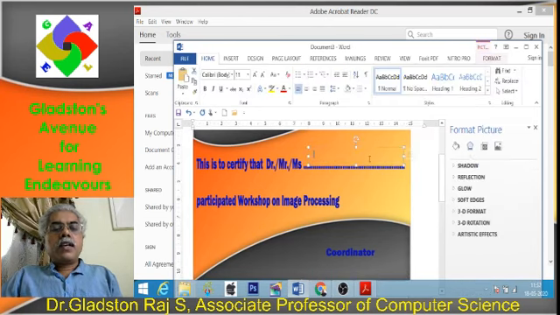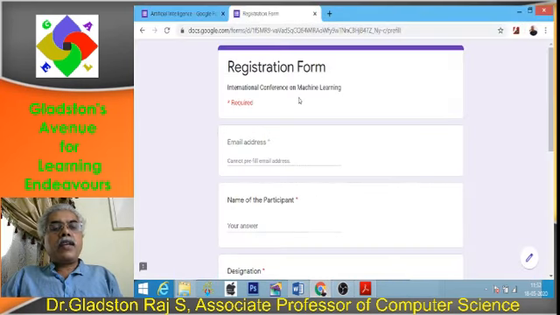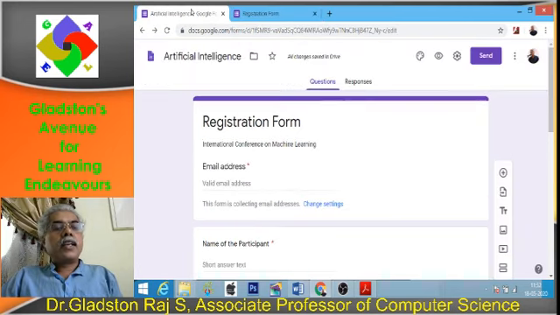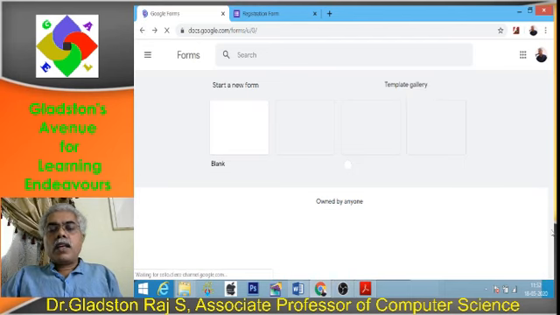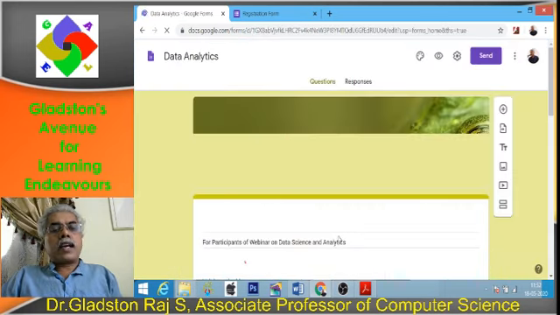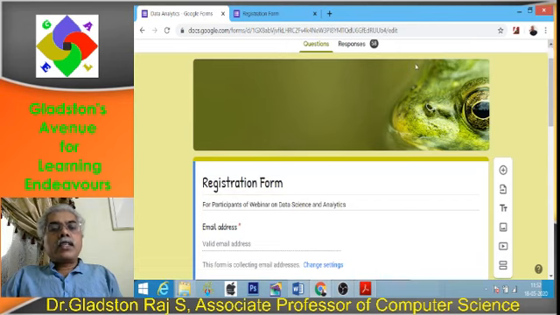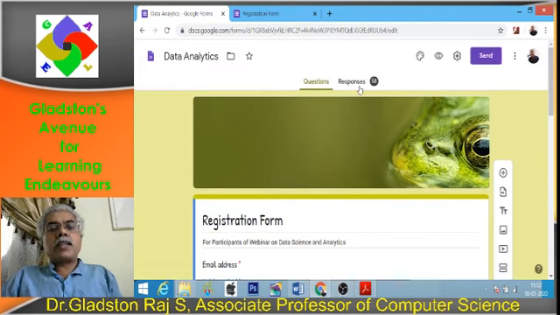Ordinary format itself. For mail merge, what is required? I require a participants list. That participants list, you can get when people are registering online. All the responses you will get in your Google Drive. I'll show you the details. I already prepared a Google form and it is circulated for getting details. This is my registration form. If I click on the registration form in my Google Drive, I can see how many responses are already made by different people. I can see now the responses, 58 responses.